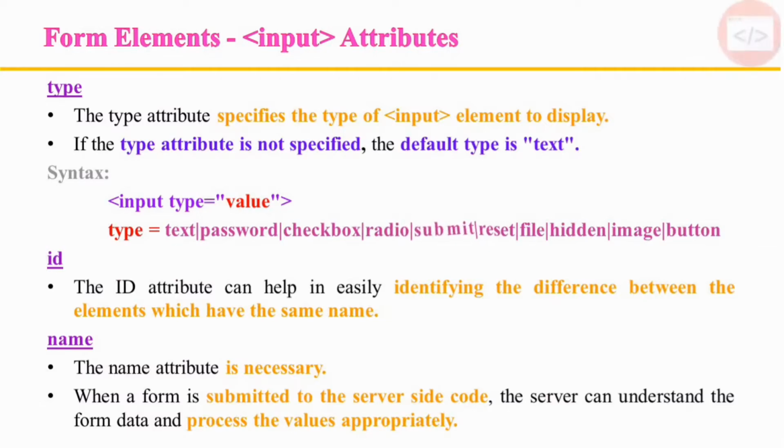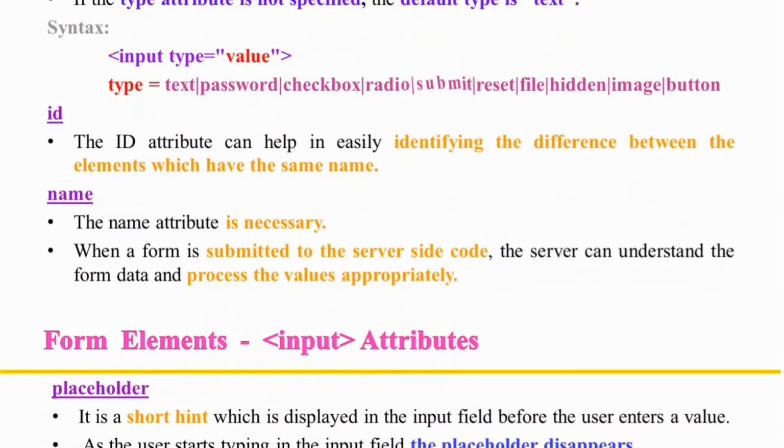The name attribute is used to give a name to the control. The name attribute is probably the most important attribute of the input element. It is not strictly required for validation, but you should not omit it. When a form is submitted to the server, the data from the form is included in the HTTP request. That is, the IDs are for hooking the element with JavaScript and CSS. The name is used when the value is passed in the URL or in posted data.